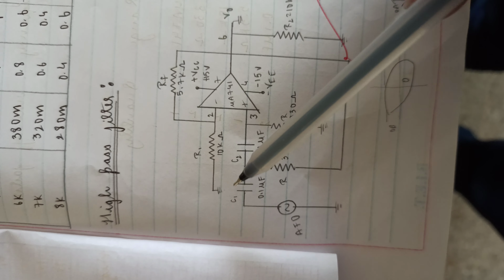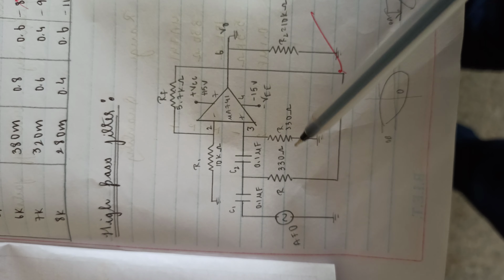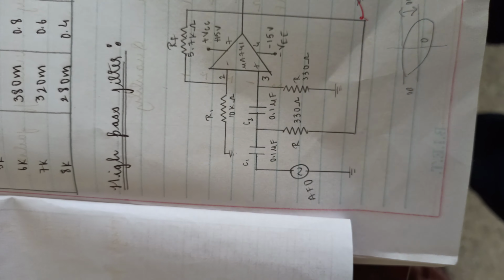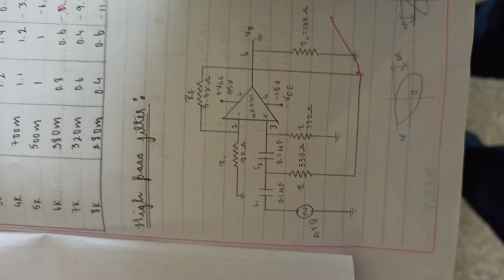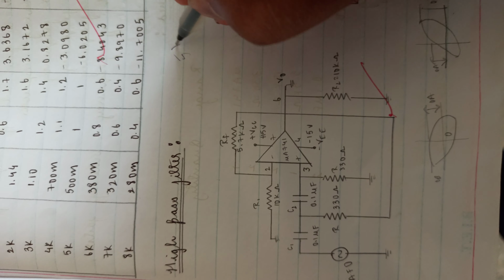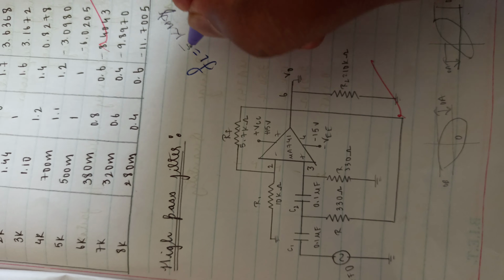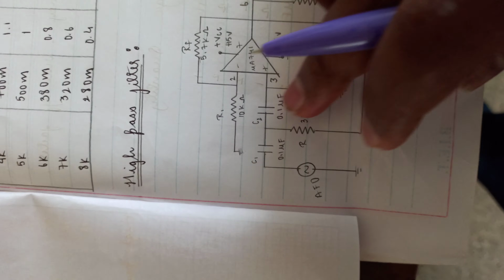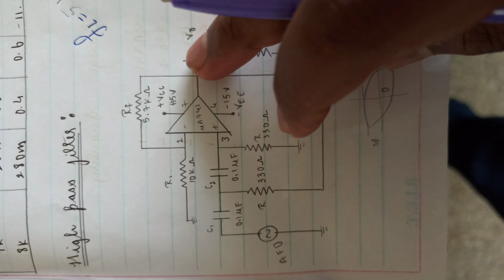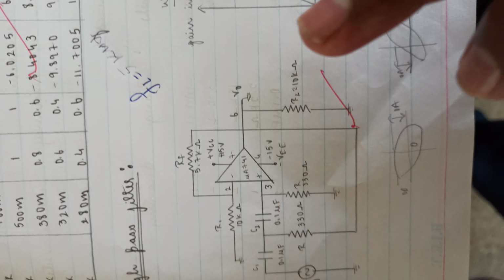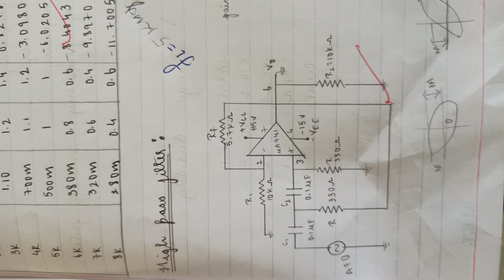So what you have to do is find out all the capacitor values, resistor values, as well as R1 and RF. The cutoff frequency we have taken in the designing is again 5 kilohertz. That is the FL value. FL is equal to 5 kilohertz. After taking that and designing, you are going to get different values for the different parameters. With respect to this circuit, you again follow the same steps we have done in the low pass filter and rig up the circuit.